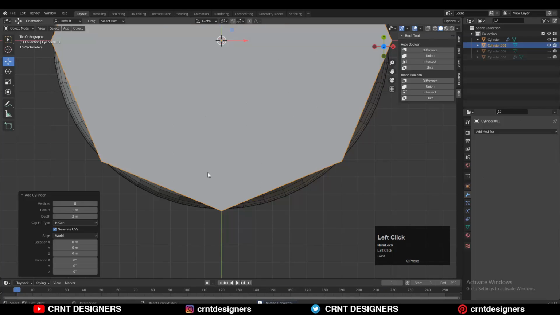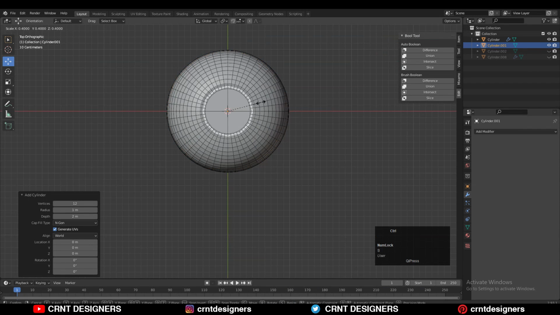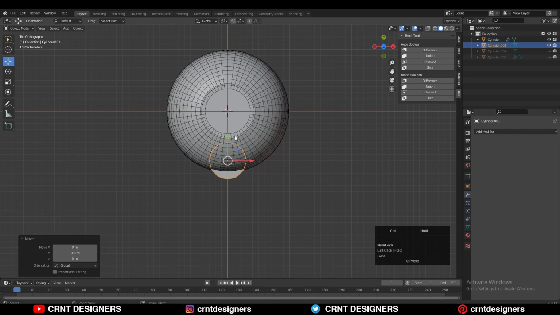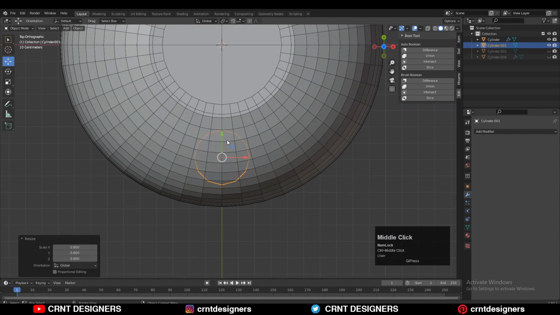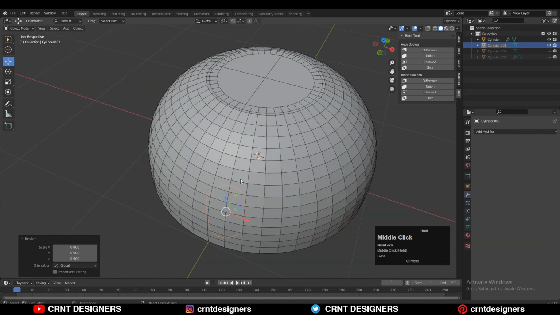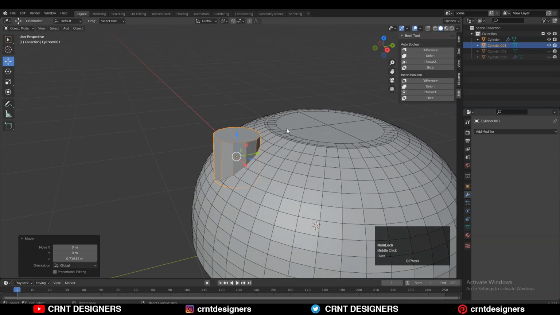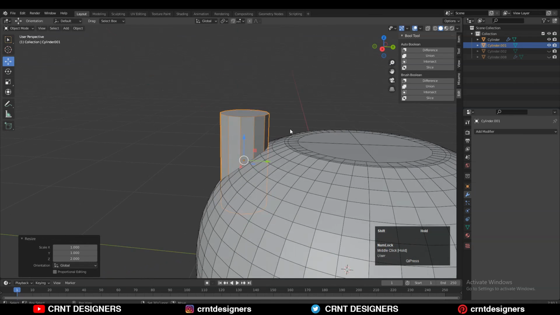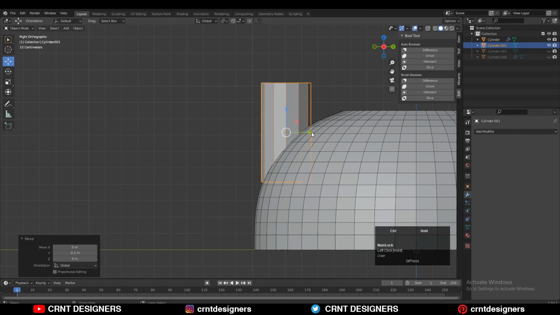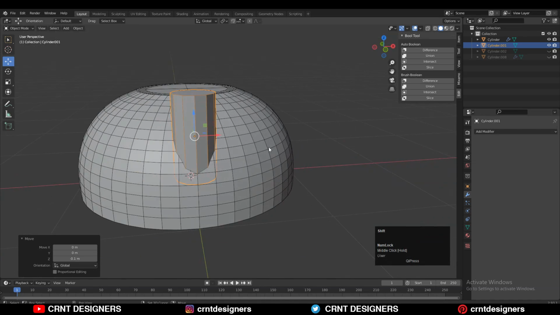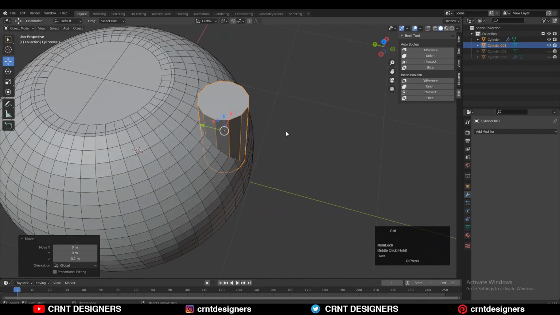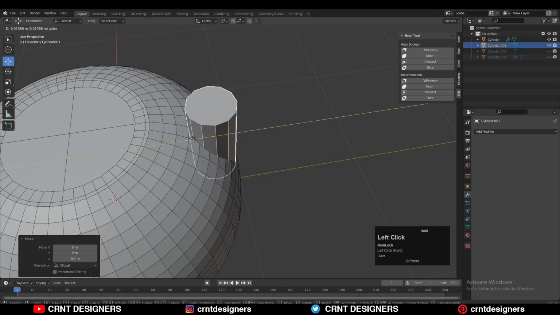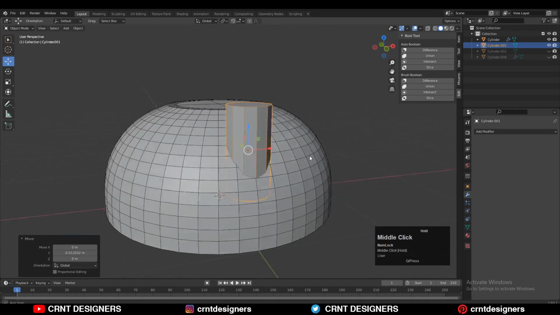And then you need to add a cylinder and we will go with the 12 vertices. Make sure you give the right vertex count for the cylinder and you need to give the right position to your cylinder. The right vertex count, size and position will help you to reduce your efforts while creating the topology for that boolean. So just give the right position, the right size and the right vertex count for that cutter object. You can see there is the cylinder which is the cutter object and everything will be fine.